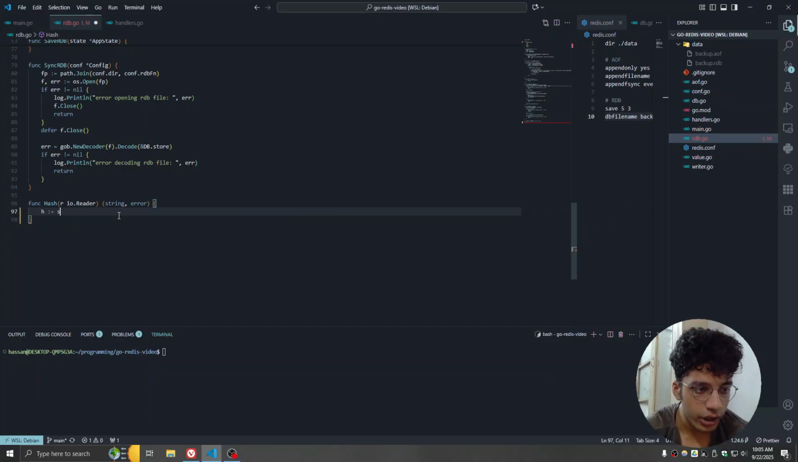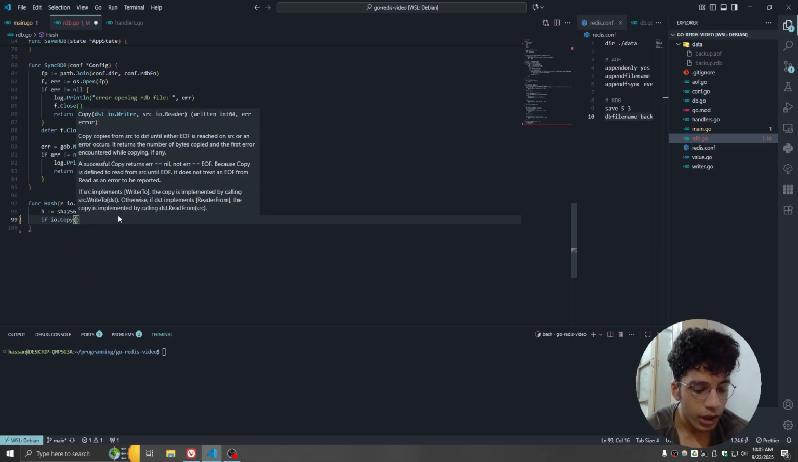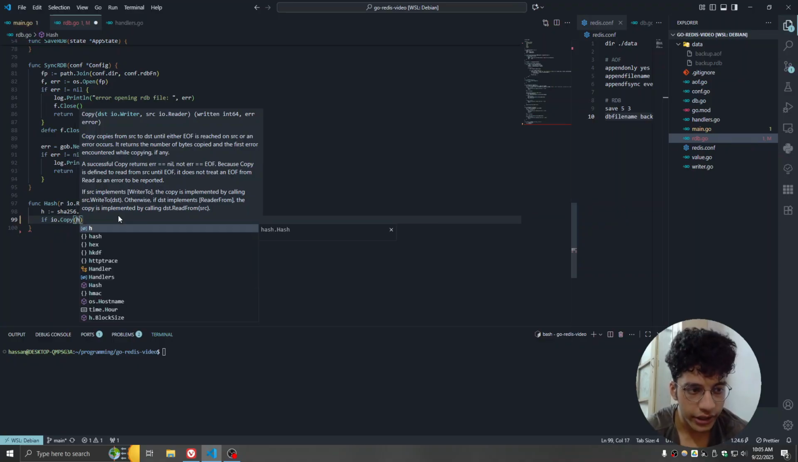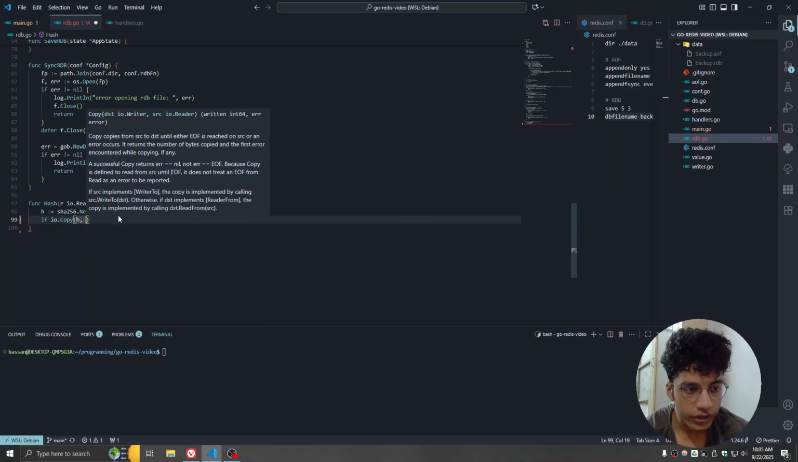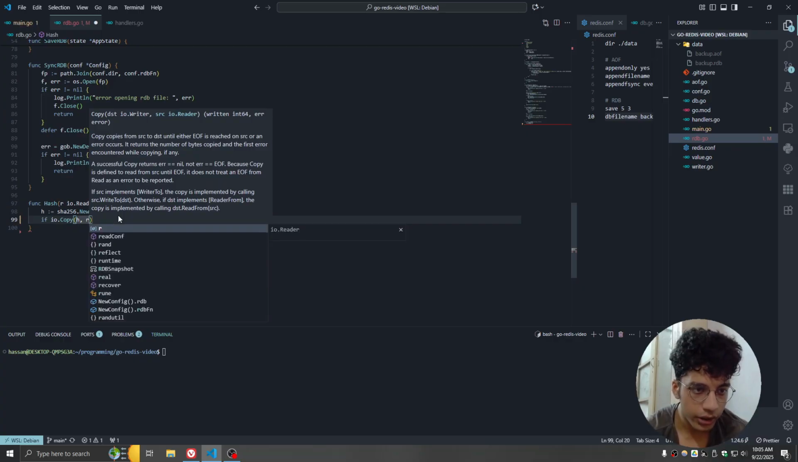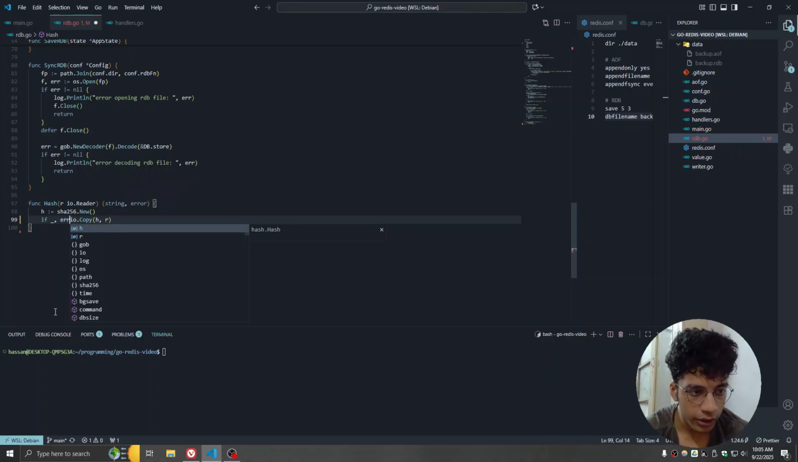So first of all, let's just create a new hash using the SHA-256 algorithm. Then let's say if, and I want to use the io.Copy function. What this does is it takes the destination and the source, and it will just copy all of the data from the source to the destination. So what we want to do is we want to write all of the data to the hash that we just created, right? And we want to copy this data from the reader that we pass in over here, right? And this is going to return the number of bytes written and an error message. And we only need to concern ourselves with the error over here. So let's say if error does not equal nil,